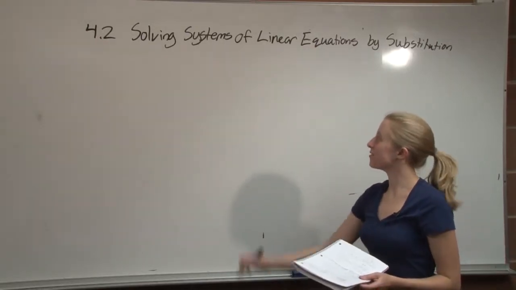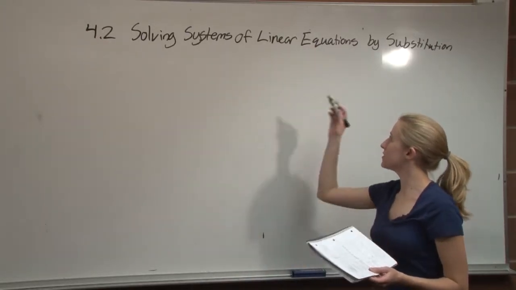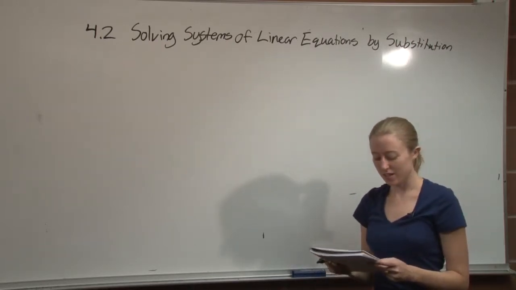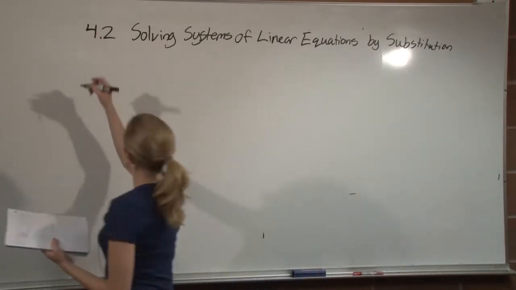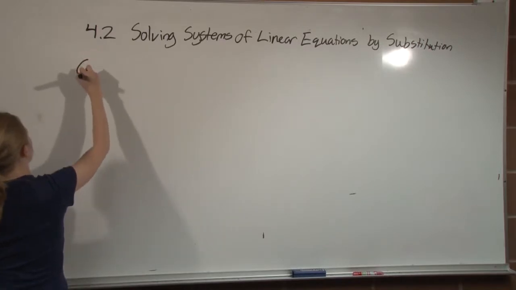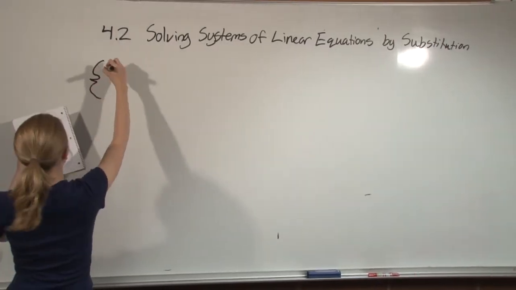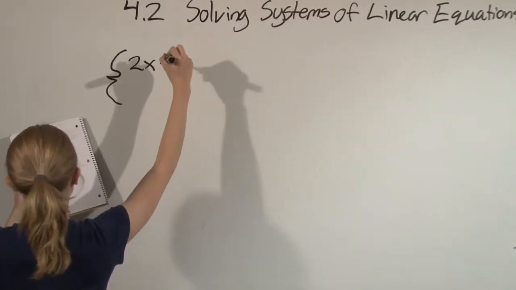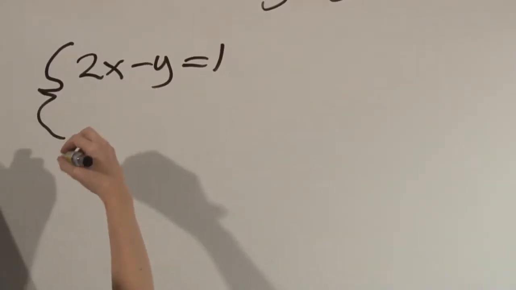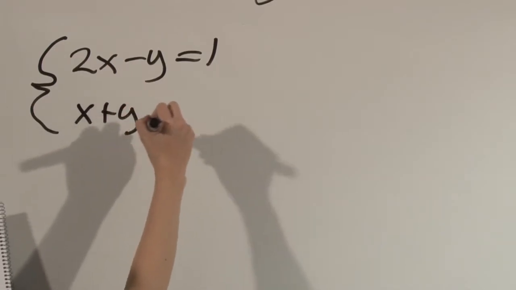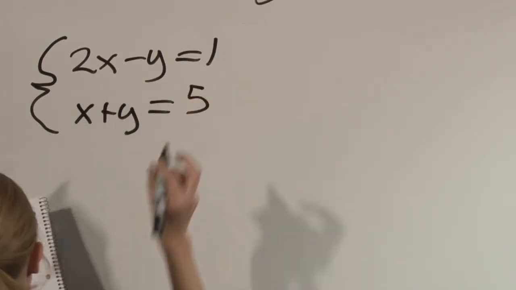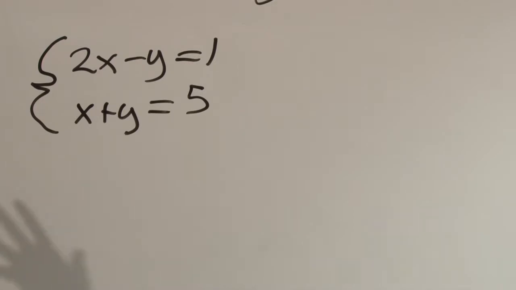The next section we're going to cover is section 4.2 on solving systems of linear equations by substitution. So in the last section we talked about solving systems of linear equations by graphing. But if you do that, you have to check a lot of points, and it's often a lot easier to solve the systems using algebra. So we're going to go through a process that will let you solve these equations without graphing. The first step in solving by substitution